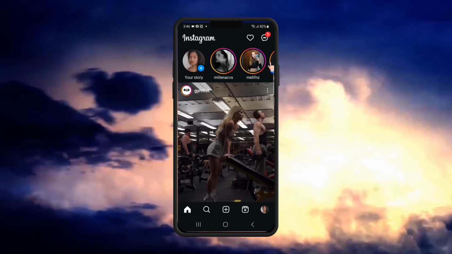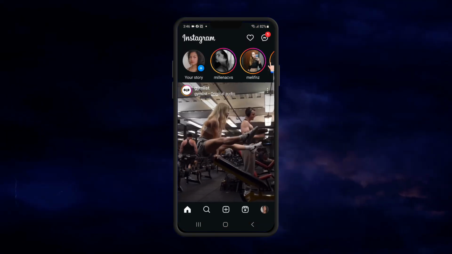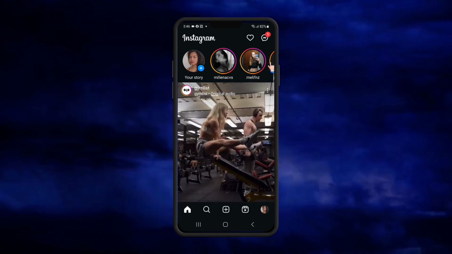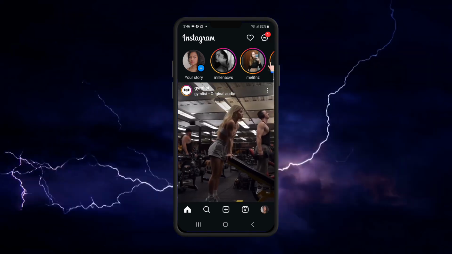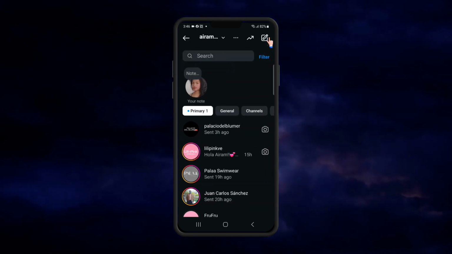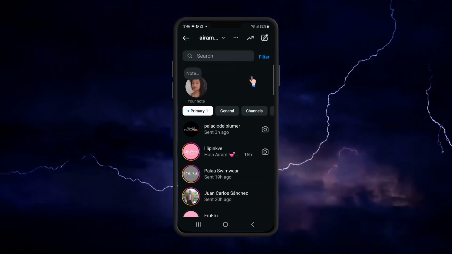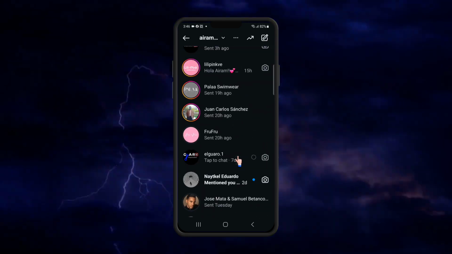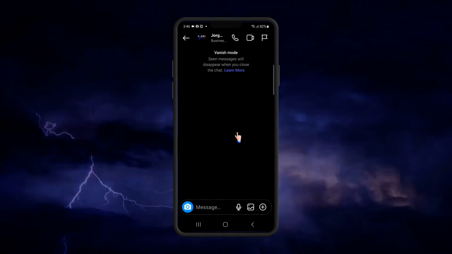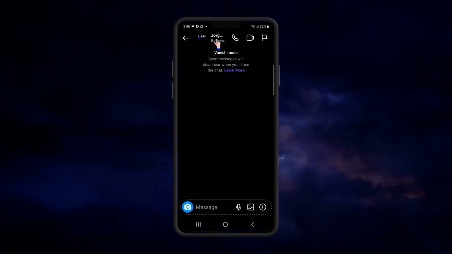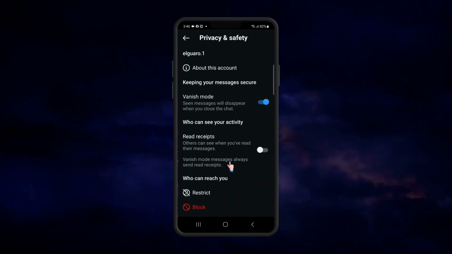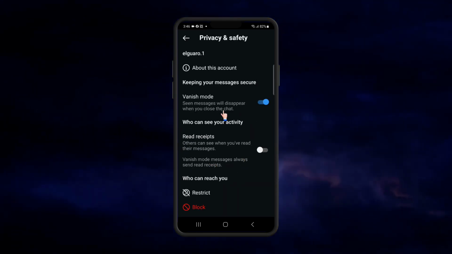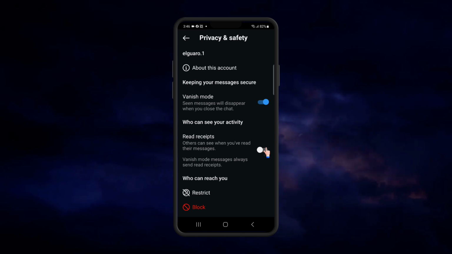On the Instagram application, once we are in the menu, we go to the upper right corner where the message icon is. Select here and select a chat. Open this chat, touch her name, and select privacy and save. We select the button